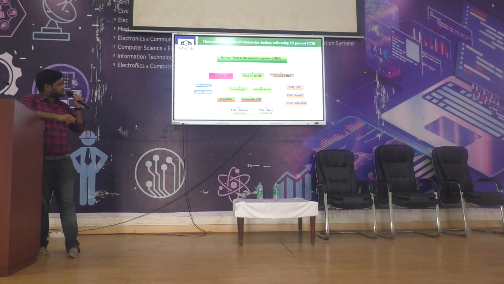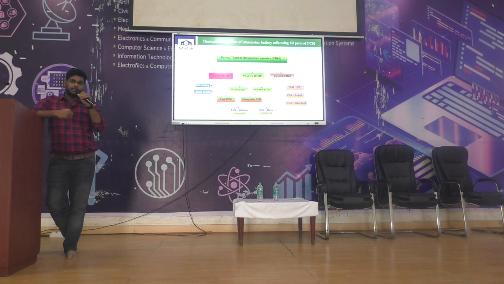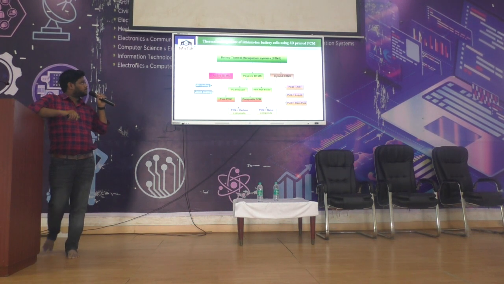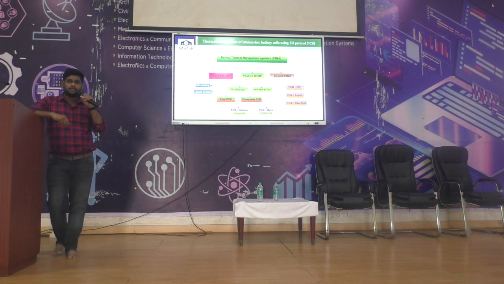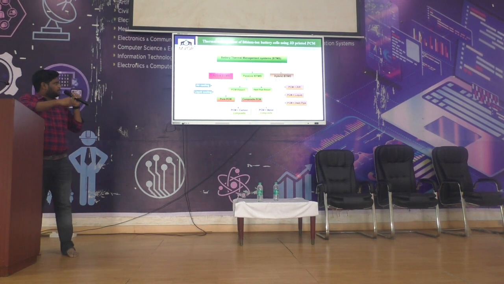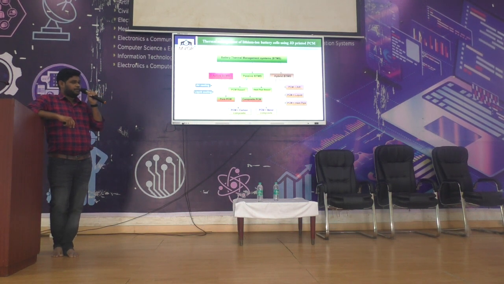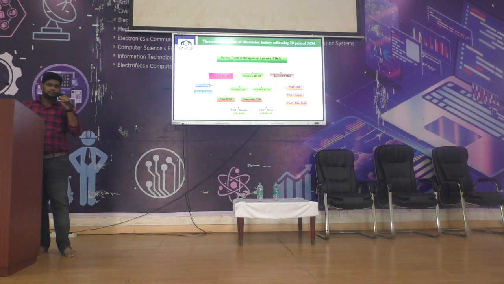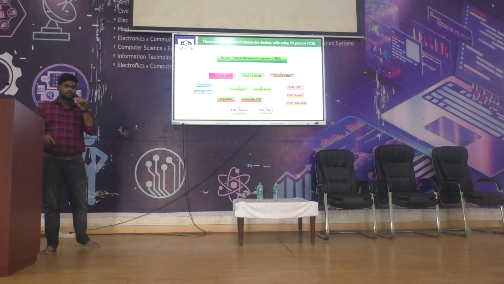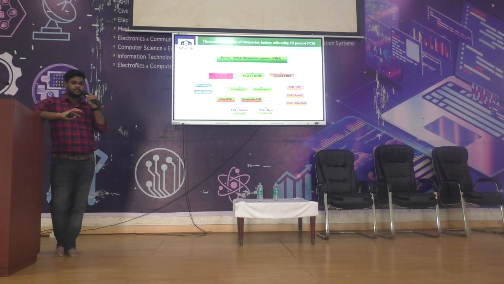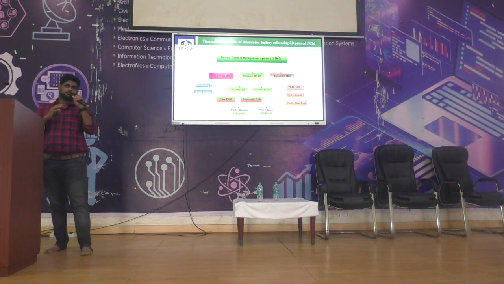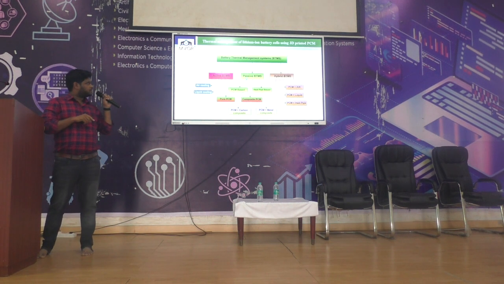So these phase change material techniques can be effectively incorporated into the thermal management of battery systems. You know that there are three strategies: active battery thermal management system, passive thermal management system, and hybrid thermal management system. Active means we can cool with air coolers, or else we can send liquid, some oil or some water, to cool the batteries. That is the active method. But this active method is a power consuming technique, so we need to choose some other alternative. So obviously I can prefer the passive technique.